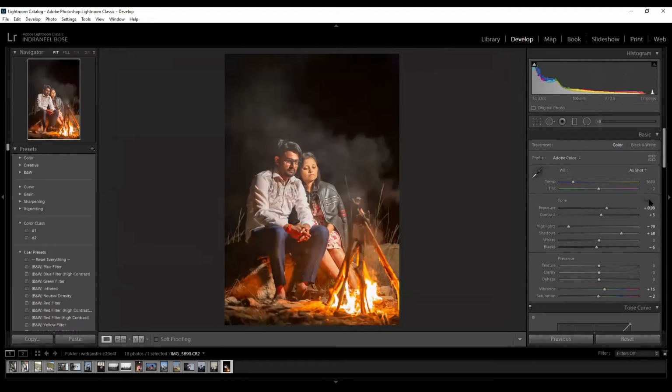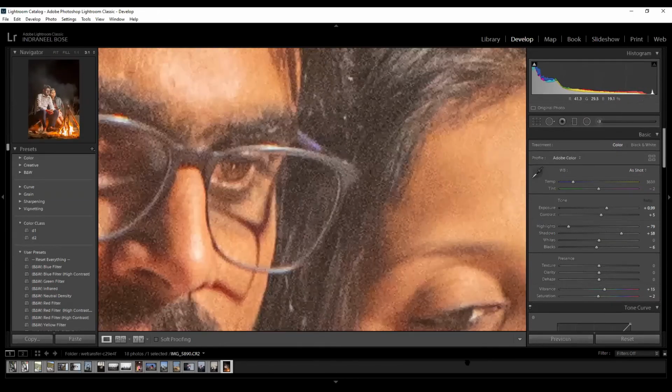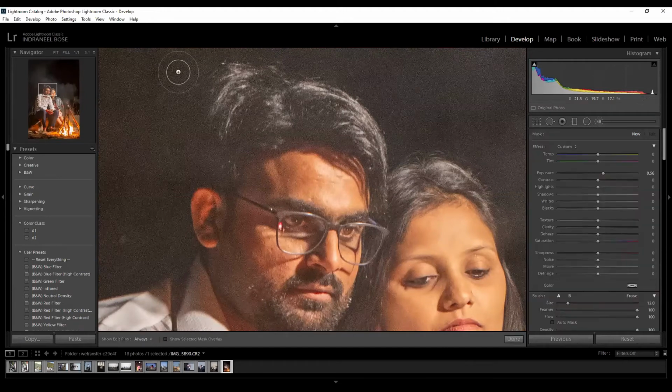See, as I did auto, we can clearly see the smoke which is coming out. First and foremost, just take a brush, reset the effects to 0, and just play with the white parts of the hair.